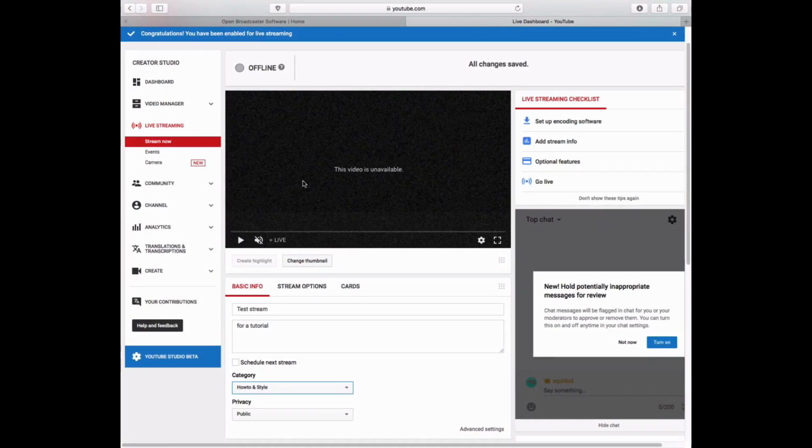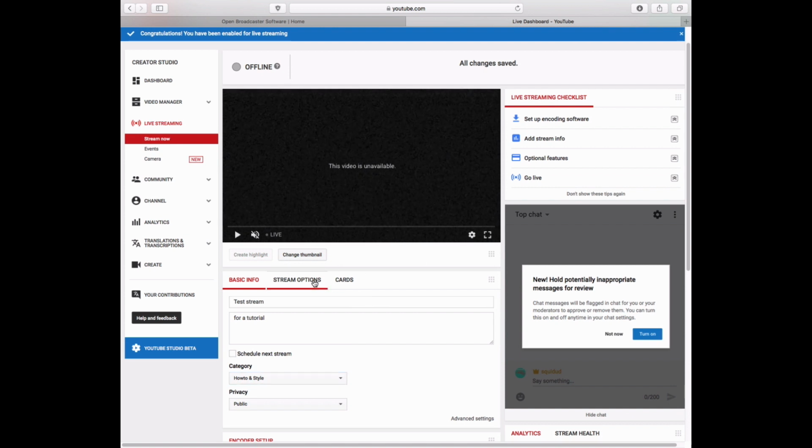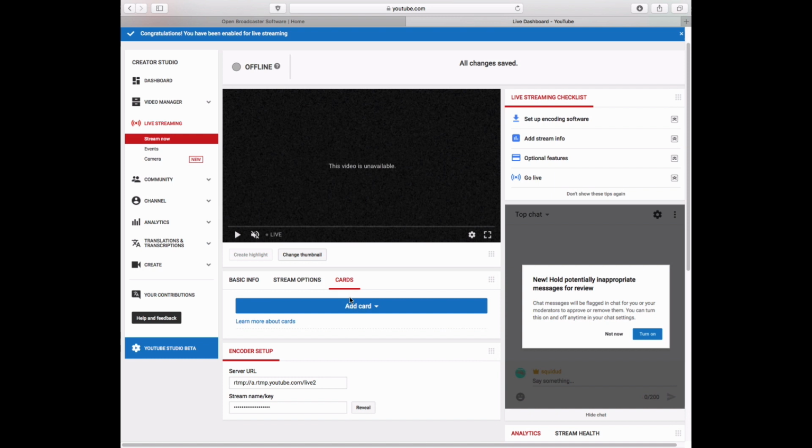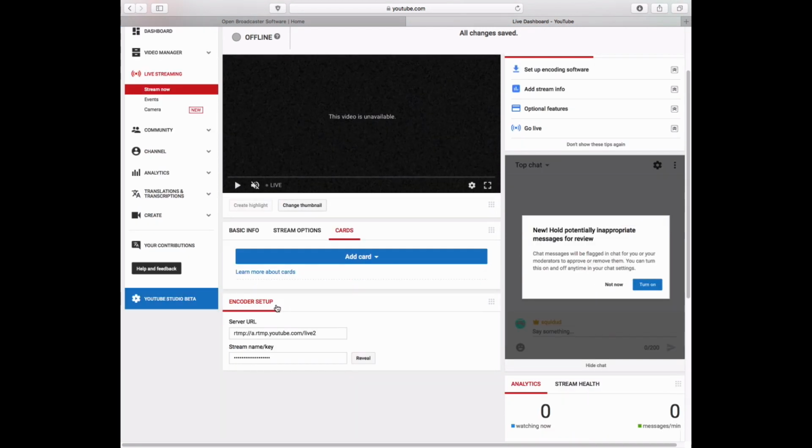I'm just going to make my browser full screen. And that you don't have to worry about. Also, that you really shouldn't have to worry about. That's just stuff like channels, and that's for complex stuff. So all you have to do is scroll down to where it says Encoder Setup. Click Reveal next to the stream key